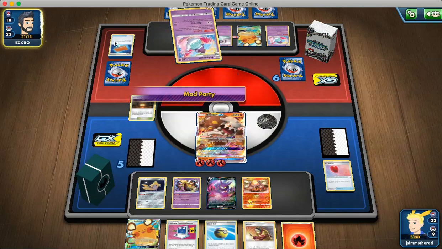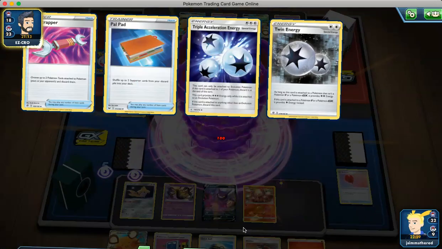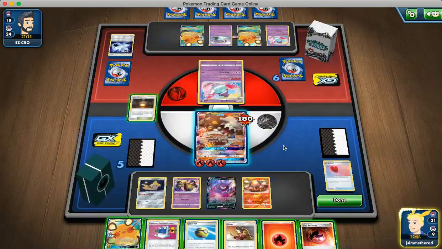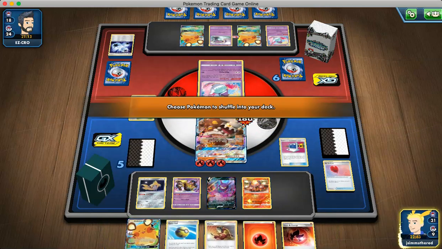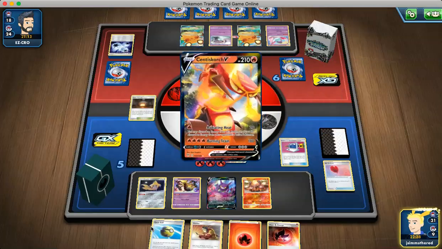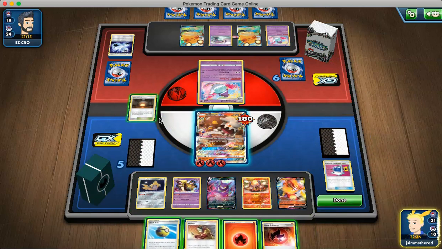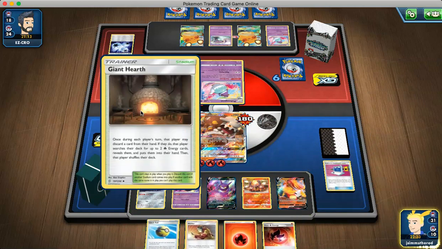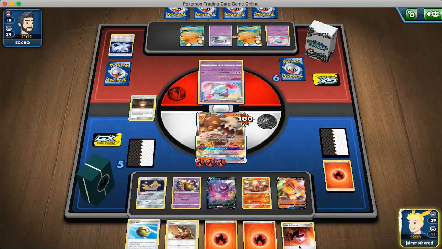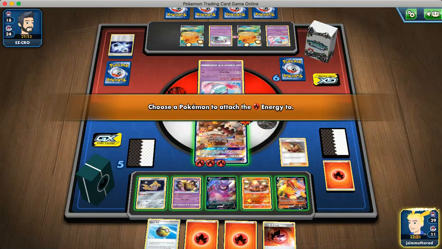Okay, so I don't know. So they don't actually get the knockout here. That's really nice for us. Okay, Heat Fire. So we're in a really good spot right now, just because they didn't get the knockout. So I think we're just gonna calm the Dedenne and get out our Centiskorch V. Start powering this thing up with Welder. Giant Hearth away the fire. Get 2 more fire. You have the Heat Fire attached to this, so they have a harder time knocking this out